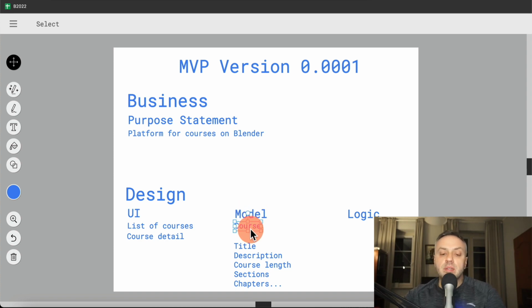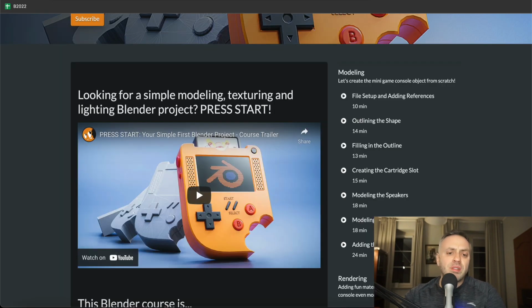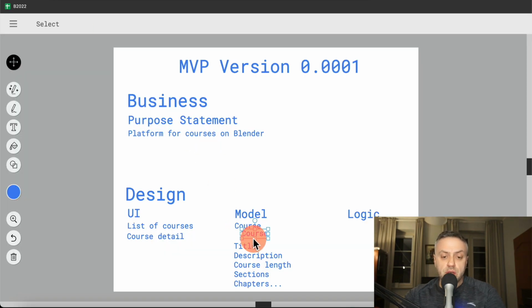The model is essentially made up of entities, and every entity has a bunch of fields. So this is course. These are a bunch of fields. And this is our main entity. Now, of course, there could be various other entities, such as users. So we have course and we have user.